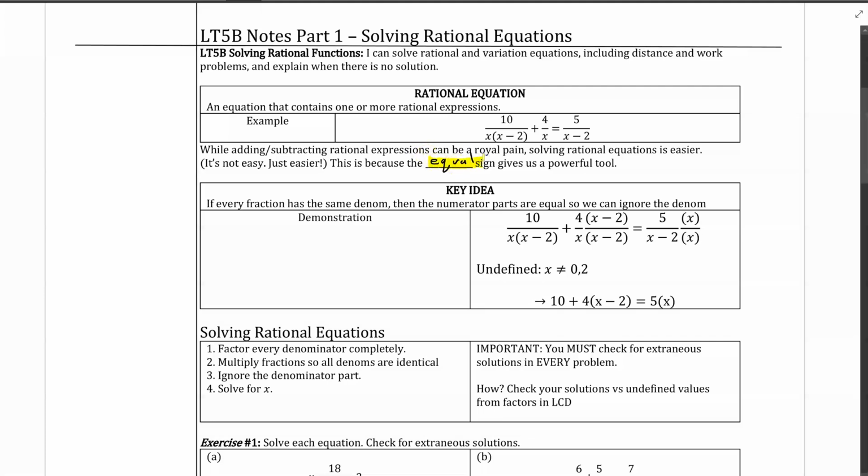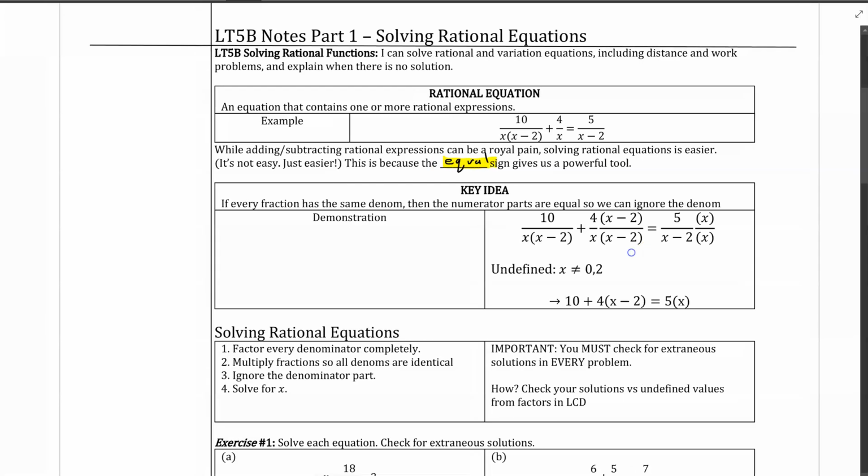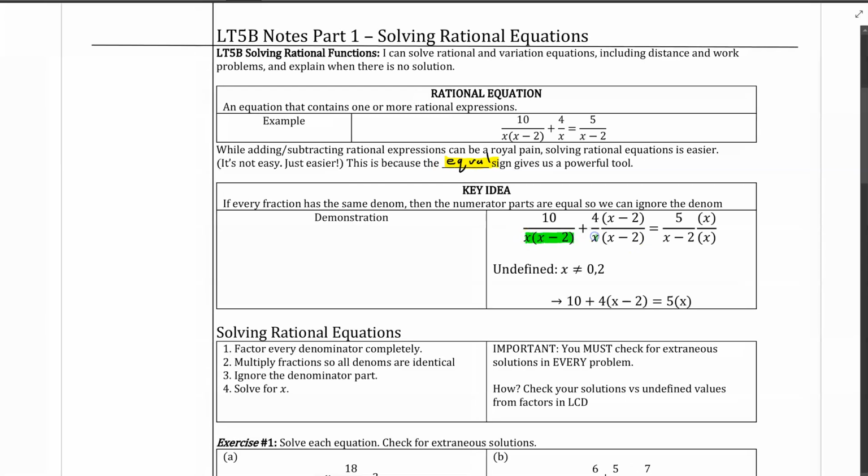So the key idea is that if we have a rational equation and every single fraction has the same denominator, then we can essentially ignore the denominator and just look at the numerators. As a demonstration, we see 10 all over x times x minus 2 plus 4 times x minus 2 all over x times x minus 2 equals 5 times x all over x minus 2 times x. If you'll note, the denominator in all three fractions, which I'll highlight in green, are identical. As a result,